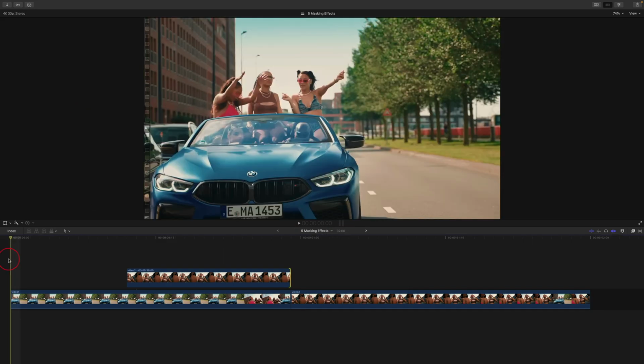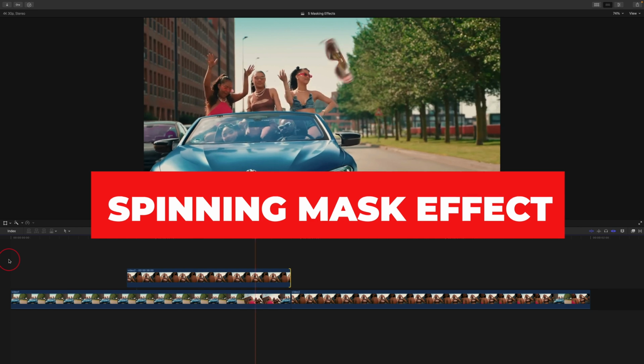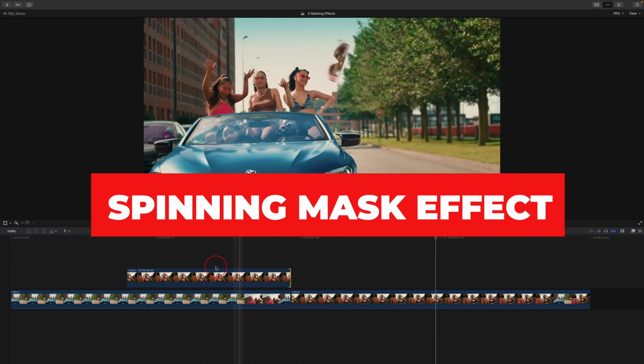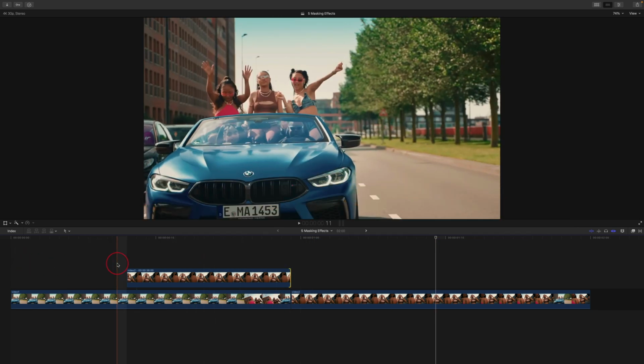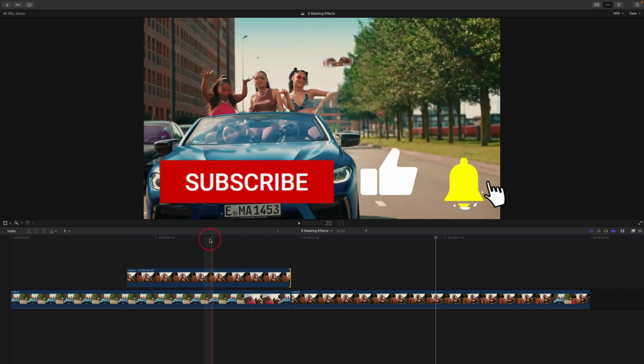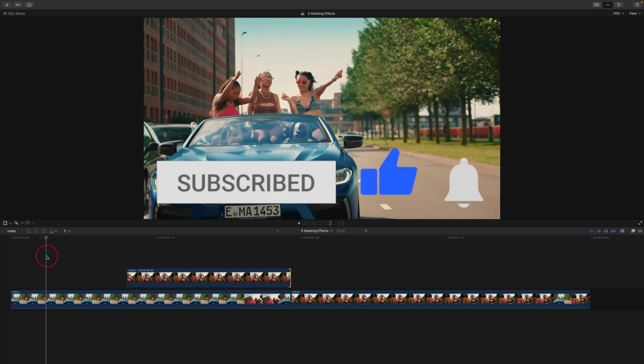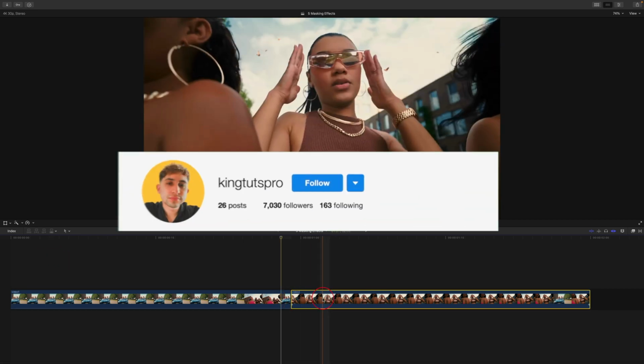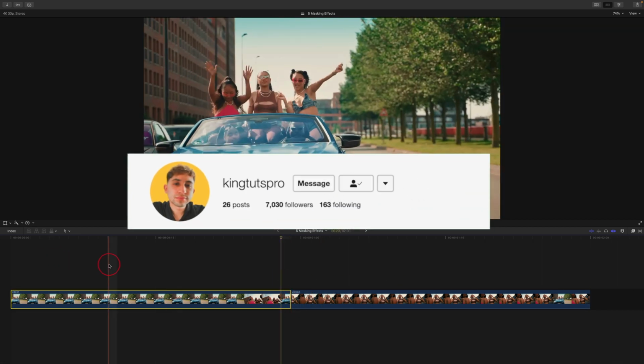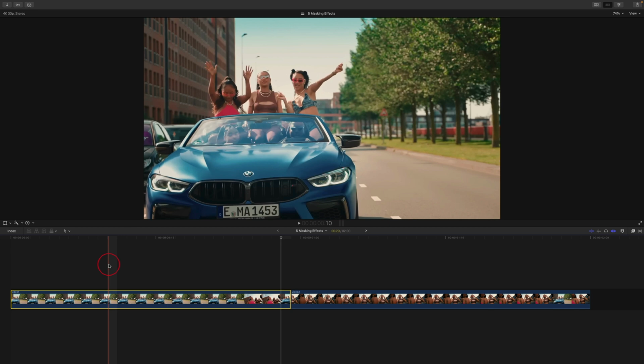Alright guys, so this is the first effect, and this is going to be more of an object spinning transition. I get this asked a lot, and that is, how do you use objects as an effect or a transition? These two clips are about a second long each. Ideally, it's best to have at least 5 seconds of workable footage so that you can either make it longer